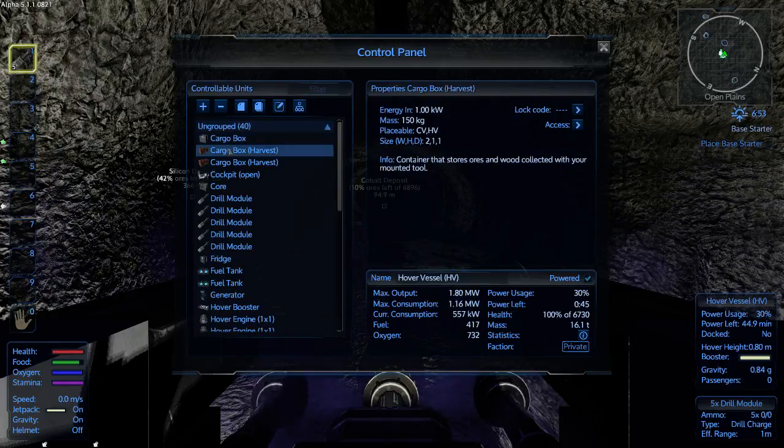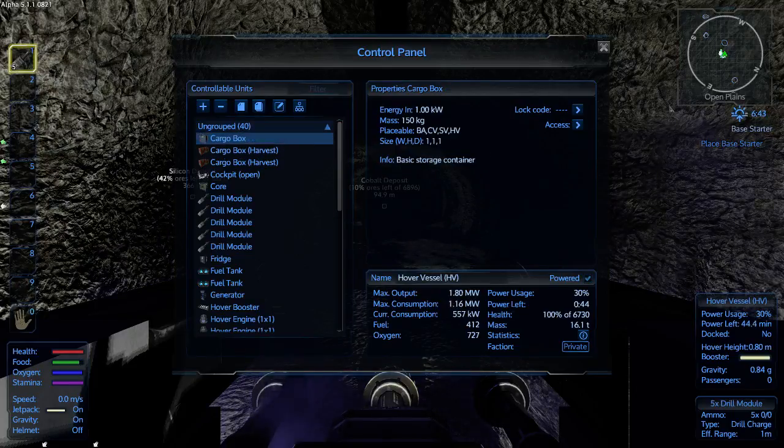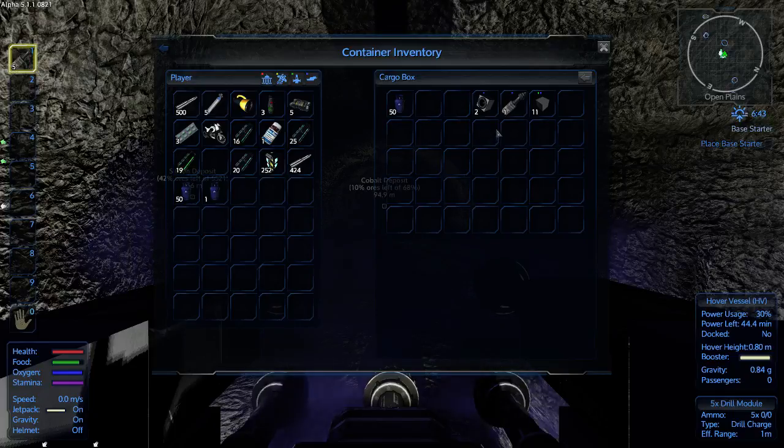I have 2 harvest boxes. The reason I have 2 is the whole idea of when I built this: I don't know how all the rest of you go mining on your planets, but someone with a disturbed mind like mine, or a mining maniac, let's say, likes to build his hover vehicle so he can last out in the field for a long time. By that I mean having a cargo box that I can fill up with all bits